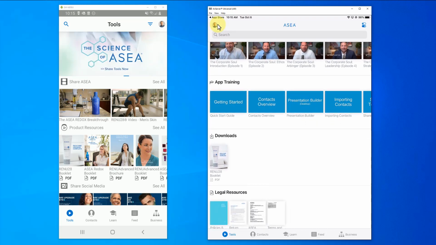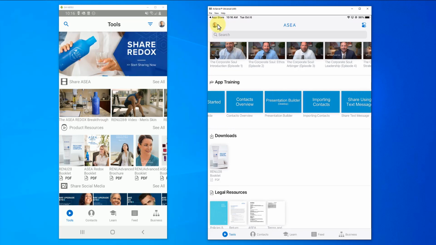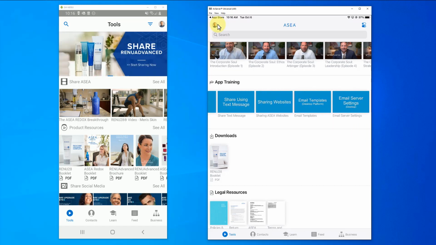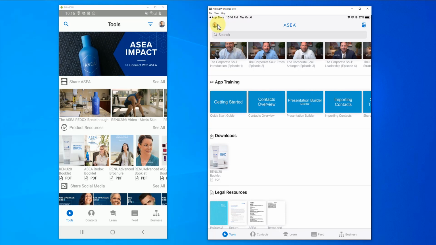Next is the app training section. This is the section I was talking about at the start of my call, and I want to show you just a handful of the items that we have here. There are a few more that I'm going to be working on this week, the main ones being social media sharing and recognition sharing. I'm going to be adding those to our app training section. I just need to add some proper red arrows and circles to help those who benefit from that.